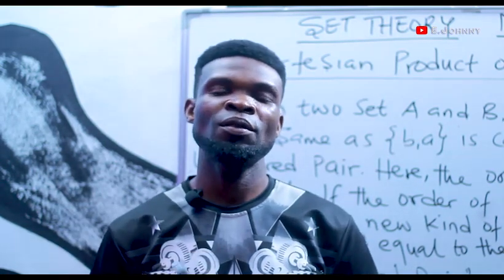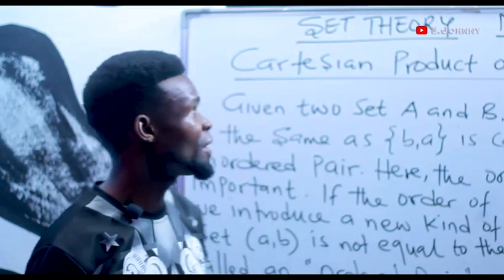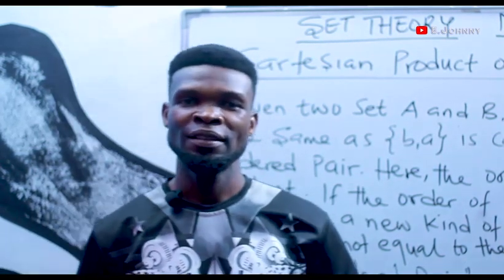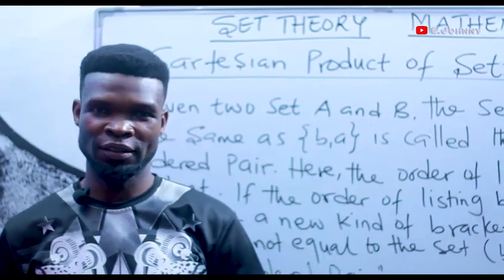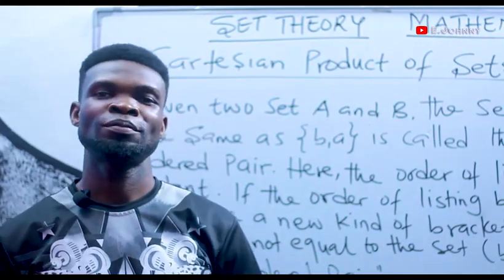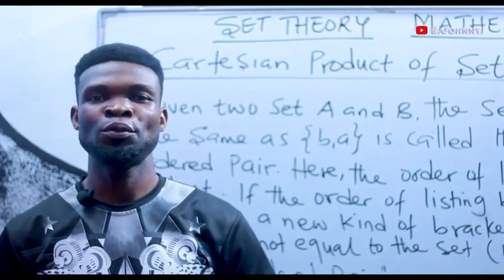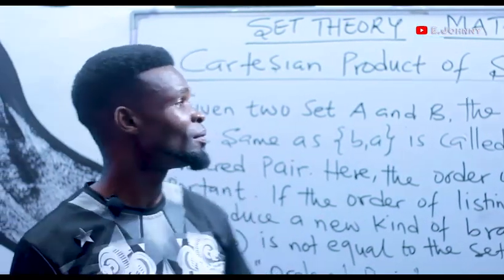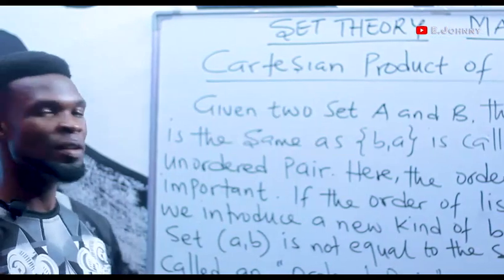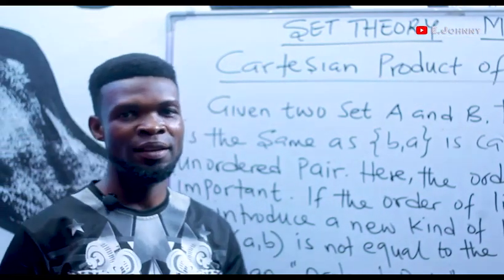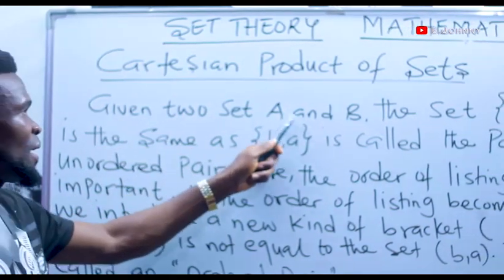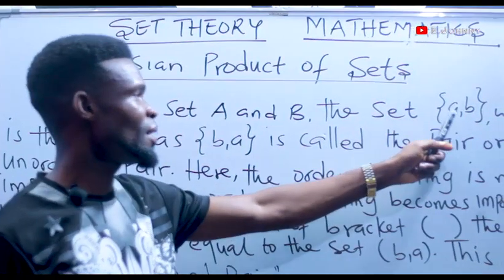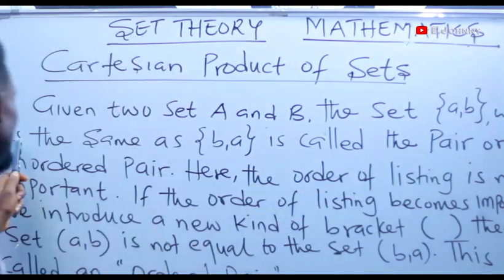And the last thing I want us to look at, as far as set theory is concerned, is what I title the Cartesian product of sets. It is very simple. I'm going to simplify this within the next few minutes. Let's get started. We said that given two sets, A and B,